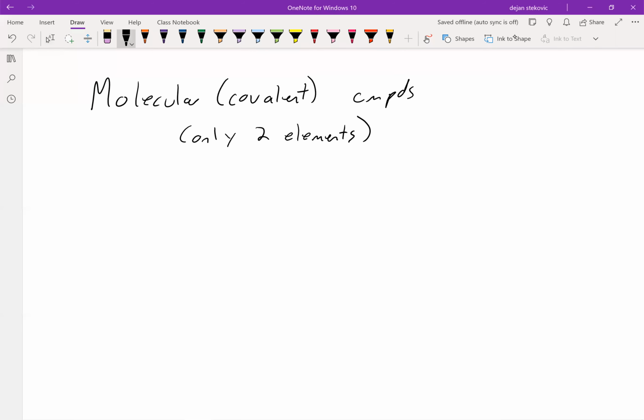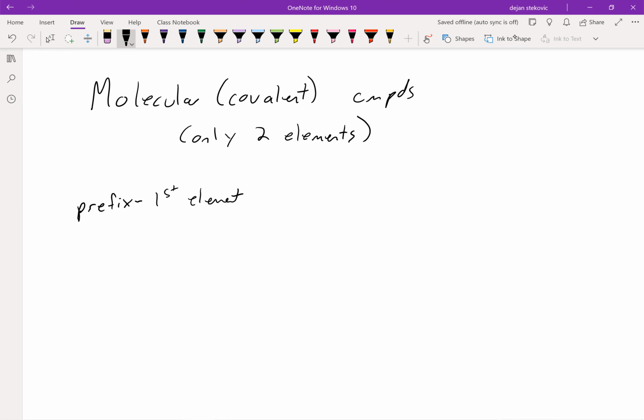All right, so what about our molecular or covalent compounds? They have a completely different naming system, or well, not completely different, but pretty different. And we're only going to look at compounds that are comprised of just two elements. And so the way that this goes is that there's a prefix, and then there's the first element,